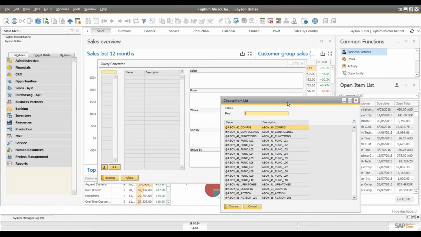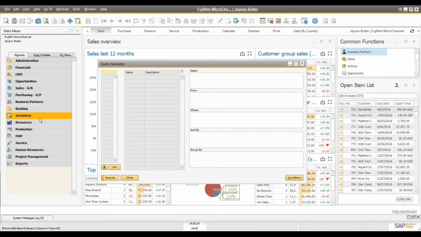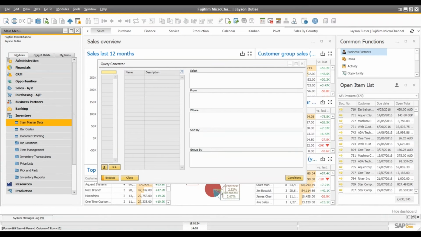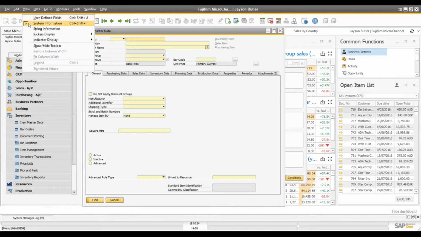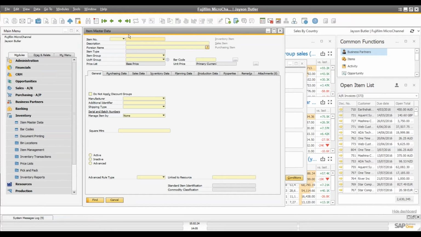Now, the easiest way to know what table your data lives in within SAP is to open up a screen, and let's say I'll just open up the item master screen. If you go into your menu system and go to View, then System Information, check that box. Then whenever you hover your mouse over a field, in the bottom left corner, you'll see the name of the table and the field name. So down here in the status bar area, when I hover my mouse over the item number field,